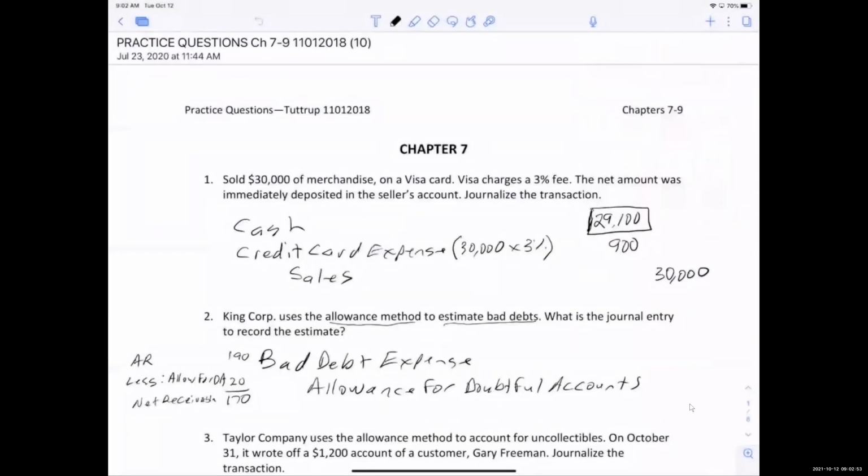Okay, so this is the handout that I wanted you to print out. And this handout covers chapters 7, 8, and 9. So what we're going to do is use this one handout for the next 3 weeks. And today I'm just going to go over chapter 7 with you. Okay, the first problem is about